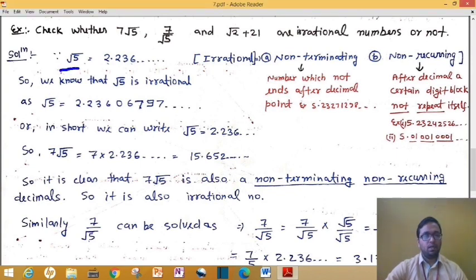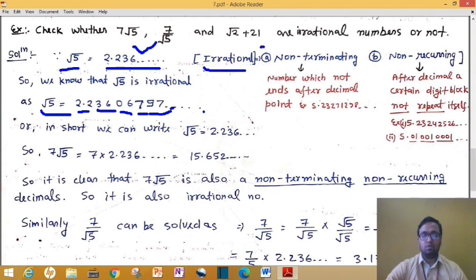As we know that root 5 is 2.236. This is the value of root 5. Okay, and the exact value of root 5, if you solve this, you will get 2.236067997 and so on. Okay, if you observe this number, then you will find that this number root 5 is what? This is irrational. Now let's see what the definition of an irrational number was.